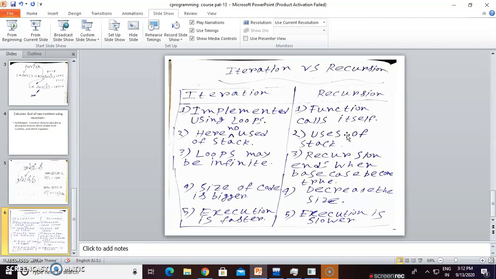But for other recursions, using some stacks or some modification, we can convert them to iterative programs. So recursive programs can be converted into iterative programs. Keep that in mind. Recursion is very important for your academics as well as your competitive exams, because sometimes you are asked for code using recursion.